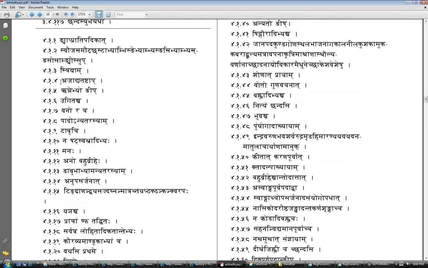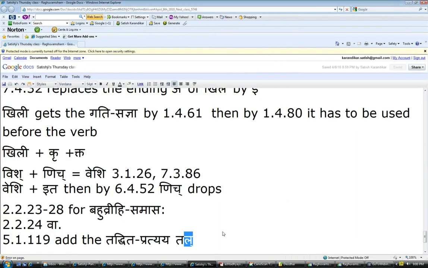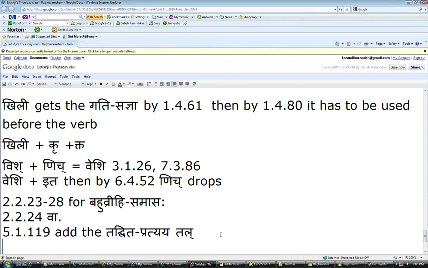This first sutram says ajadyata shtap. If you have a shorter ending, it's going to take the pratyaya tap. Then you do akastama dirgha, make it long a. So even though we had adijyata, we make it adijyatam, by 4.1.4. We're looking at the feminine form, so by 4.1.4 we got the feminine affix. So add the feminine affix tap.